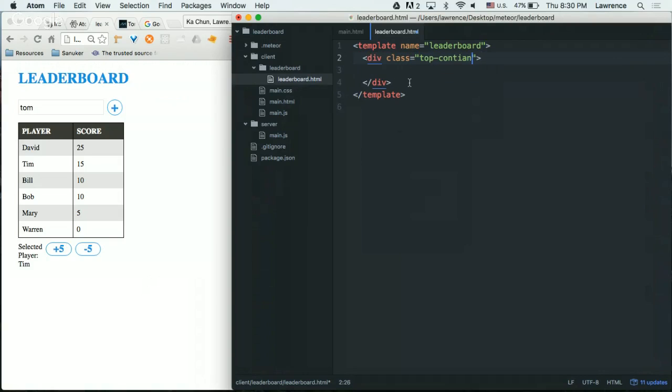I typed it wrong. Your computer doesn't like spaces if you have two words, so it doesn't know these two words. Try to give it either a hyphen or an underscore. Please follow me; I think a hyphen is fine. Sometimes HTML and other things don't like underscores so much, so a hyphen is the safest way. Or another safe way is to do top and then container with a capital letter.